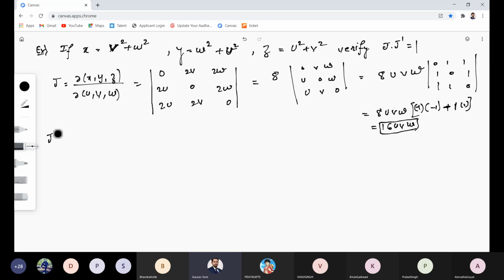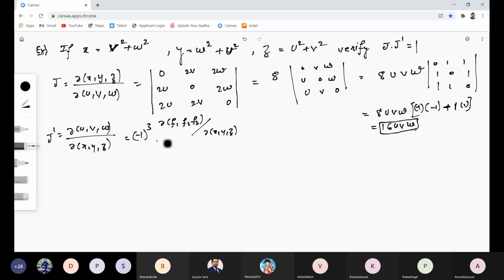J. So to find J dash, we'll have Jacobian of UVW with respect to X, Y, Z. So which will be minus 1 raised to 3 Jacobian of F1, F2, F3 with respect to Jacobian of X, Y, Z upon Jacobian of F1, F2, F3 with respect to Jacobian of U, V, and W. So this is minus 1 into numerator, determinant